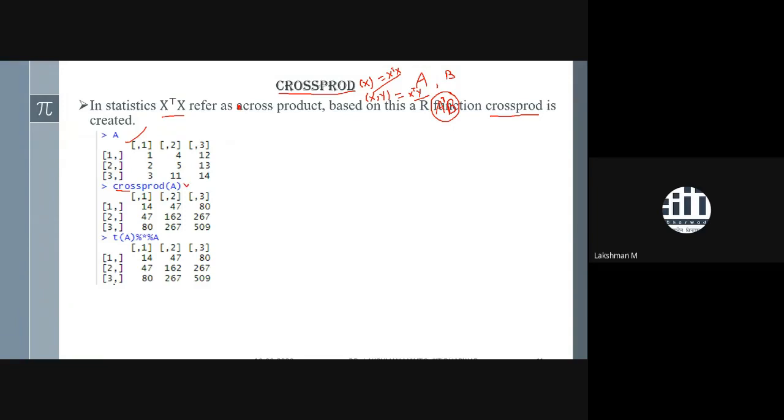You will get this value of A transpose A. A similar product I have taken from the inner product operation. So what you do is t of A, which is the transpose of A. The transpose operation in R is just t of A. If you are going to MATLAB, the transpose operation is similar, I think. It is just A dash. This works as the transpose operation in MATLAB, but in R it is just t of A. If you multiply t of A, that means the transpose of A, with A itself through this inner product, you will get this result. You can see that both are matching with each other.